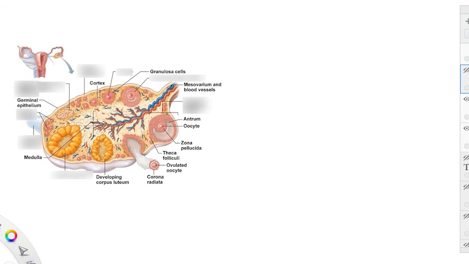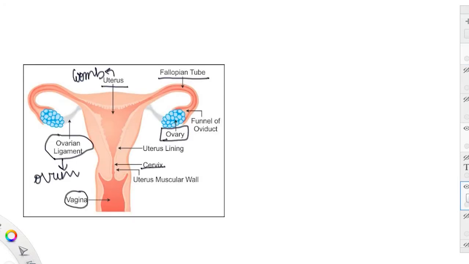Before this, I will try to explain with the figure itself that we have studied earlier. See, from this figure, it might be very clear that this ovary gets attached to the body by means of this ovarian ligament. These are the ligaments because of which the ovary gets attached to the abdomen. It is very obvious from the figure itself.